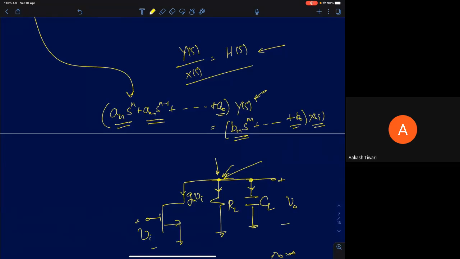You can say if the system is stable or not. If you apply a bounded input, you should expect a bounded output. You should not expect growing outputs. You should not expect sinusoidal outputs, some oscillatory outputs. If you give a bounded input, output should also be bounded. So you can say by looking at the transfer function whether the system will be able to give that or not. The second thing that you will be able to say is the frequency response.